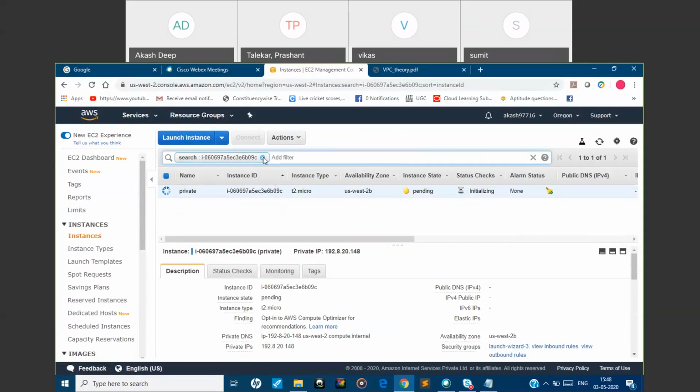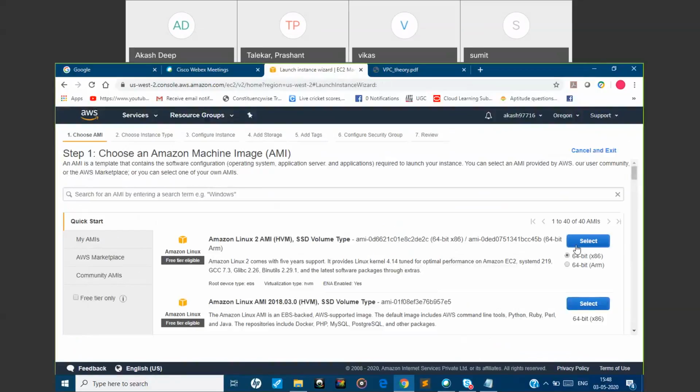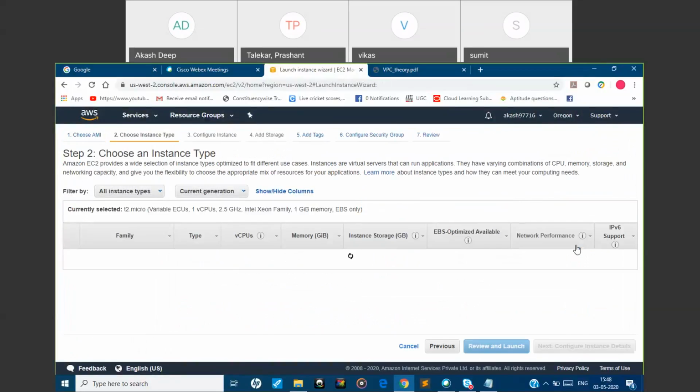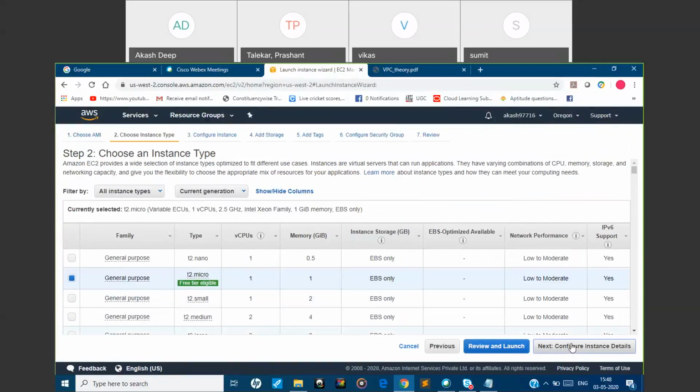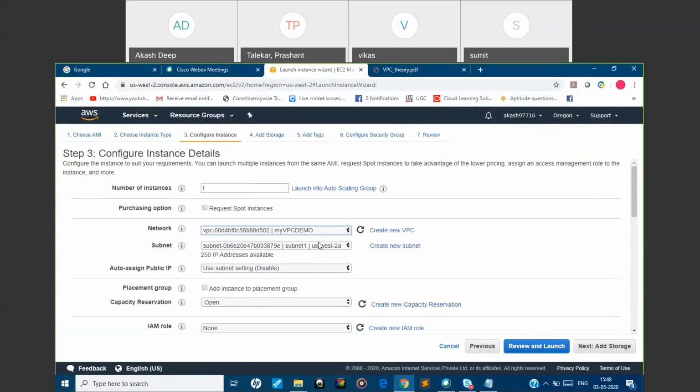Now the third one I will be launching again. Select. See, one more thing, guys. One instance I had launched in this availability zone, right?